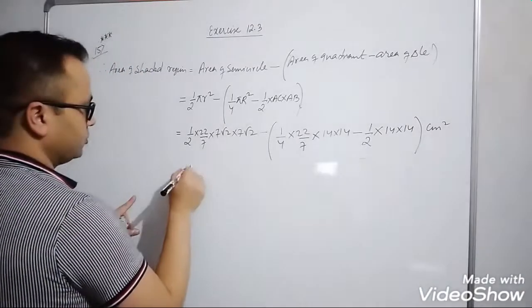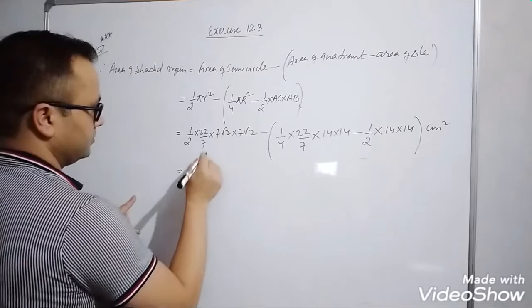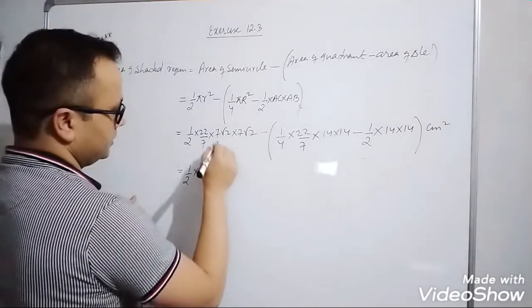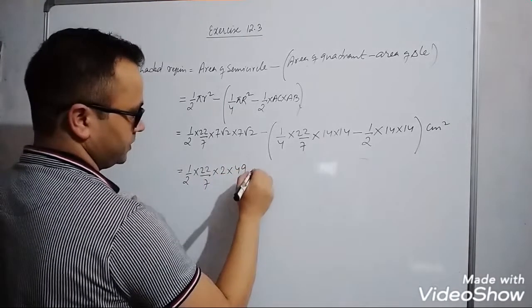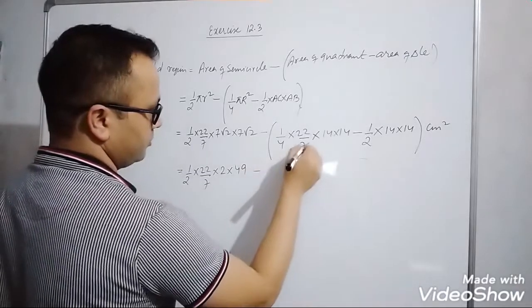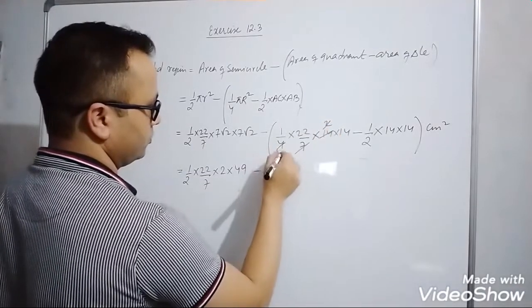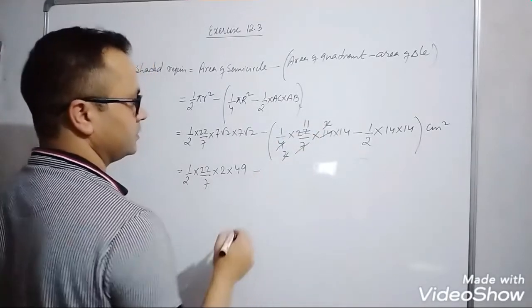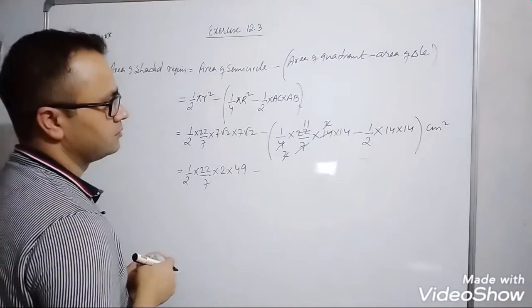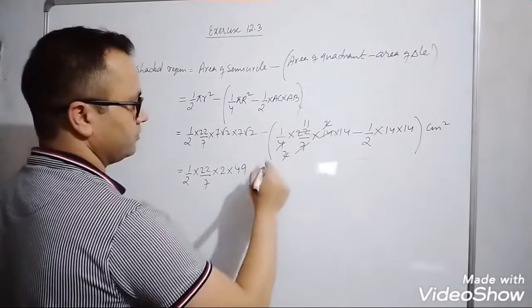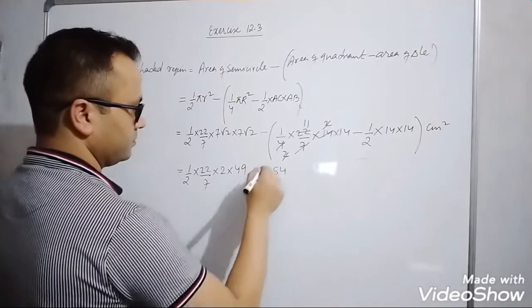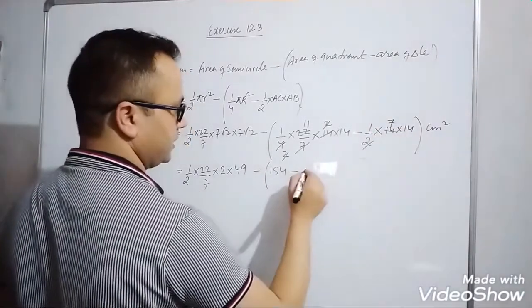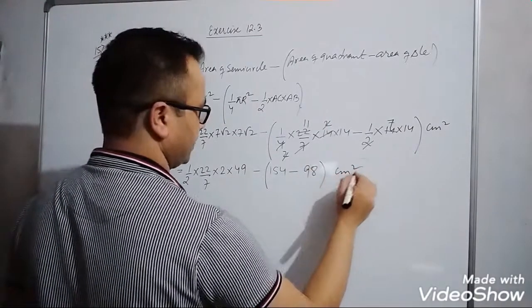Then this equals 1 by 2 into 22/7. Root 2 into root 2 is 2. 7 into 7 is 49. Minus here 7 1 7, 7 2 14, 2 1 2, 2 2 4, 2 11 22. 11 into 14 is, not 98, 14 10 140, 14 11 154. Minus 2 1 2, 2 7 14, 7 14 98. It is 98 centimeter square.